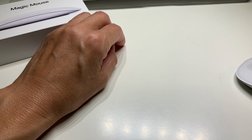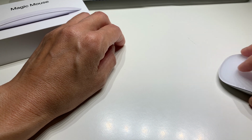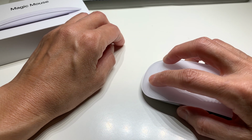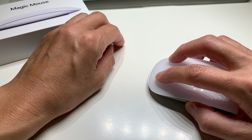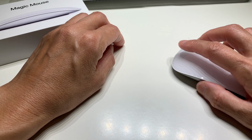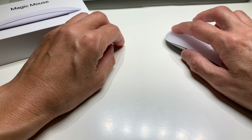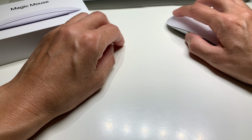Wow. Oh, it's so good. Oh, where is the scroller? There is no this. So you just need to move your hand here and there. That is a little bit inconvenient, don't you agree? To scroll down and scroll up, but there is not such a thing. I don't think this is a